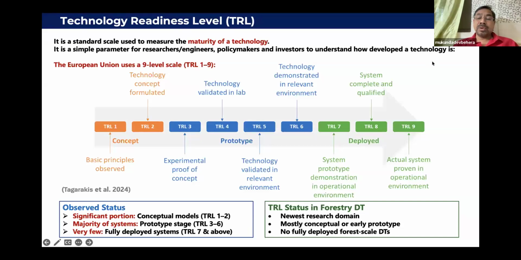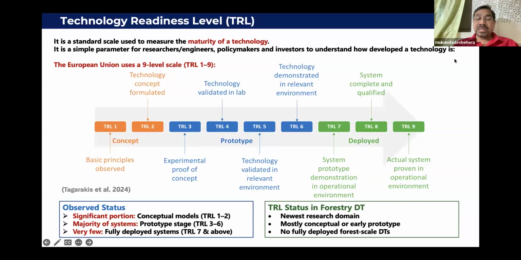You can say concept, prototype, and deployed stages 2, 4, and 3, and all those different stages also have been named. So the observed status, significant portions, we can say the conceptual model, TRL, technological readiness level 1 to 2. Majority of the systems are at a prototype stage. So that means we need to work a lot, and then only we can move from a prototype to